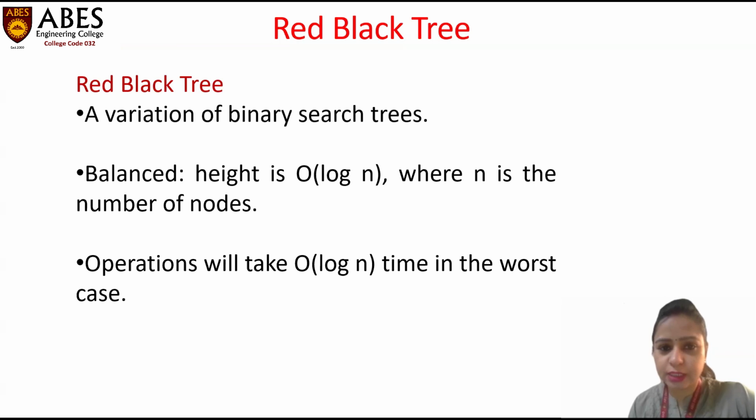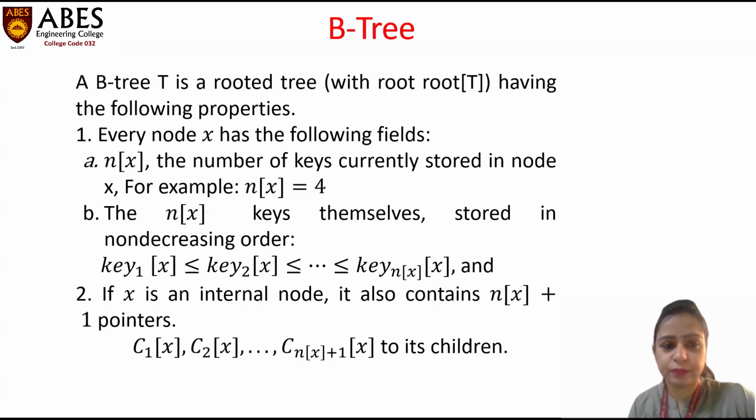Whenever we insert a node in a binary search tree, we insert a node from the leaf node, and that particular node would be of red color. Then the property of the red black tree gets violated because no particular node can have a red child, because a particular node can have 2 black children, or one black or one red child. So we have to distinguish between these things.